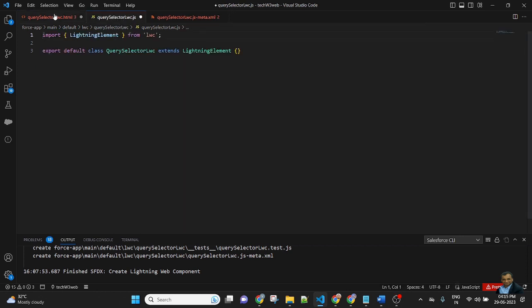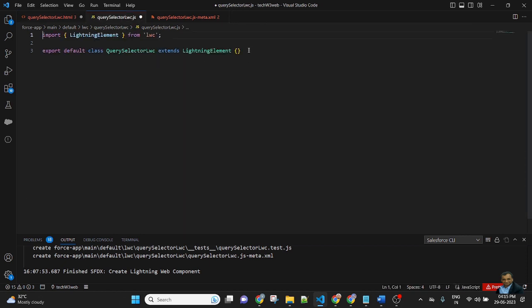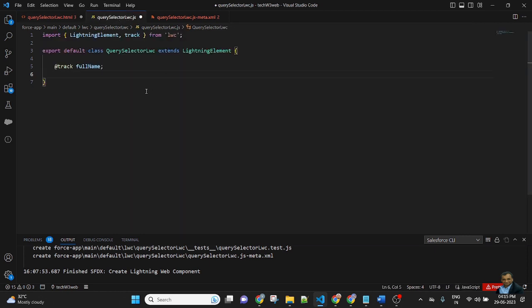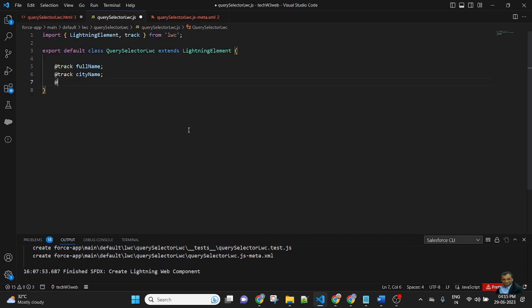If you use track, it will be automatically imported in the import statement. Full name, city name, and country name. I created three track variables.